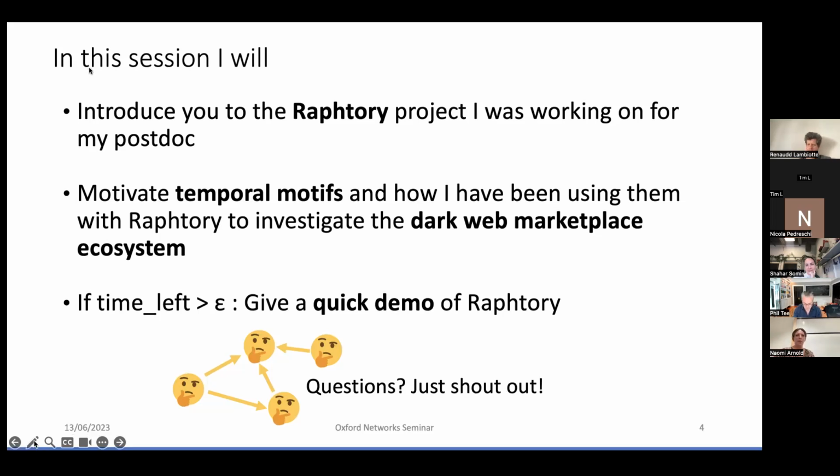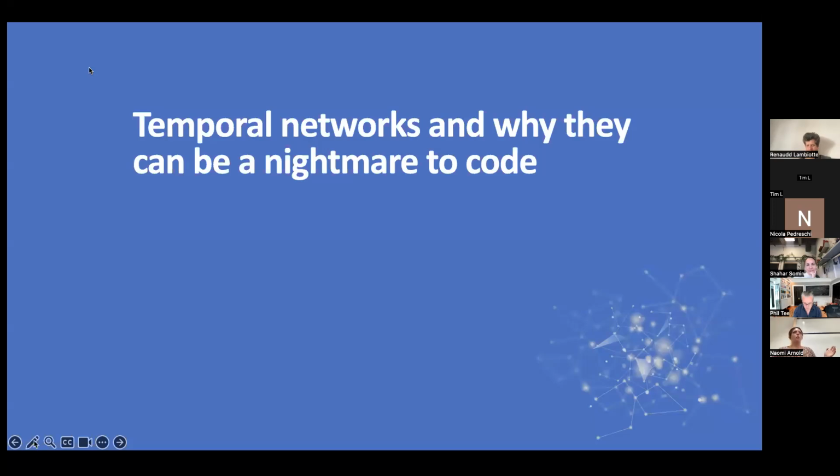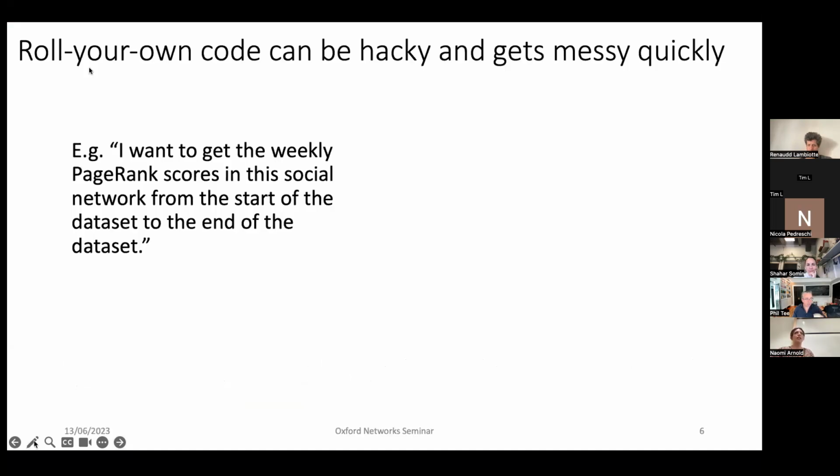So a little bit of a backdrop, and motivating why I want to look at temporal networks and develop tools for them. It's the backdrop of why they can be a bit of a nightmare to code and work with. So I think possibly before Raphtory, if you wanted to do something with temporal networks,